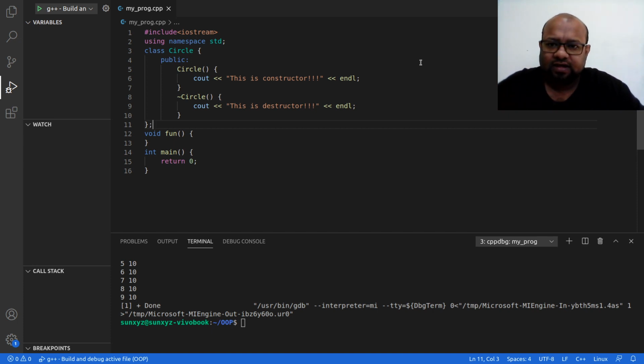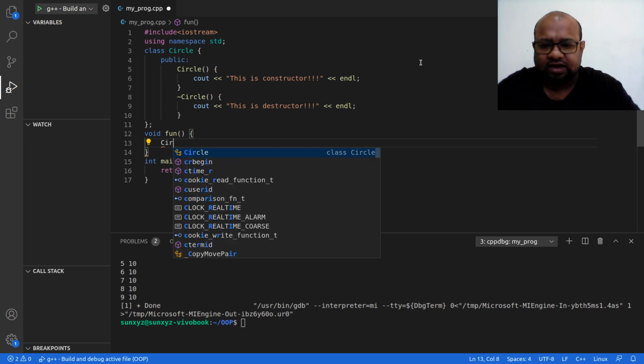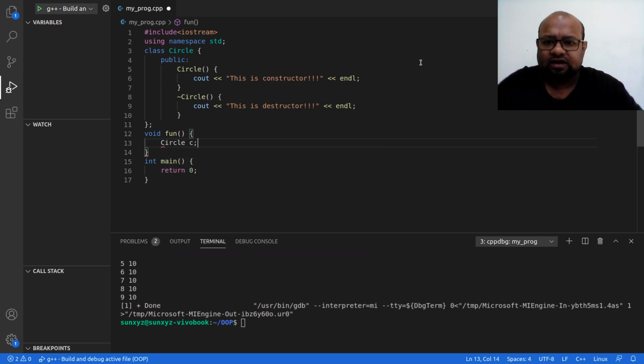Now in this circle class I have a constructor and a destructor. If you don't know what a constructor and a destructor are, I suggest you go back and watch the video on constructor and destructor, else watching this video will not make any sense to you. Then in my fun function I am going to create an object of type circle.